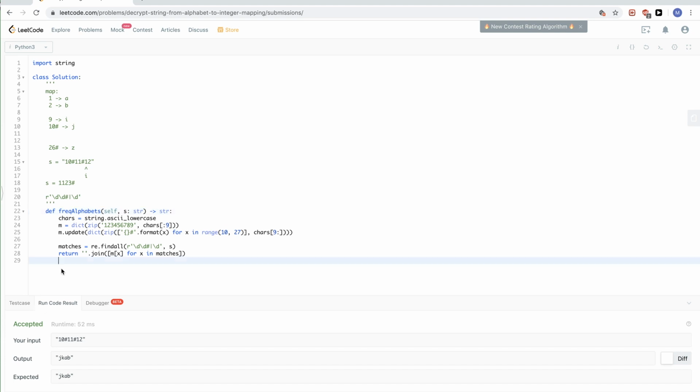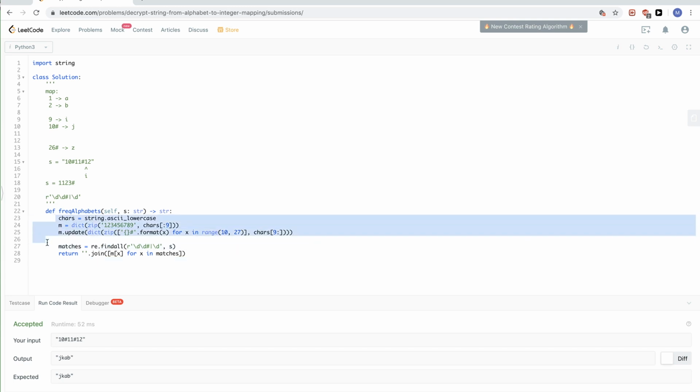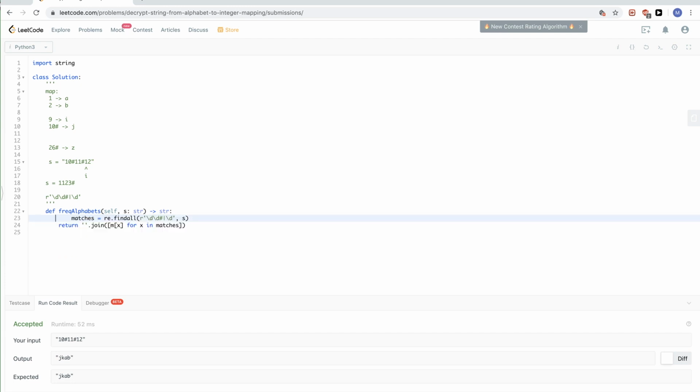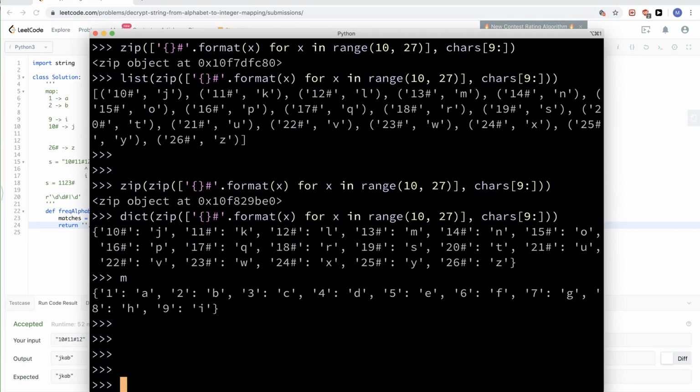One additional thing we can do is, instead of doing the map here, we can do something more clever. So let's say I have the matches here, right? Now I don't have the map, but I need to convert. So to do that, there is this thing where,